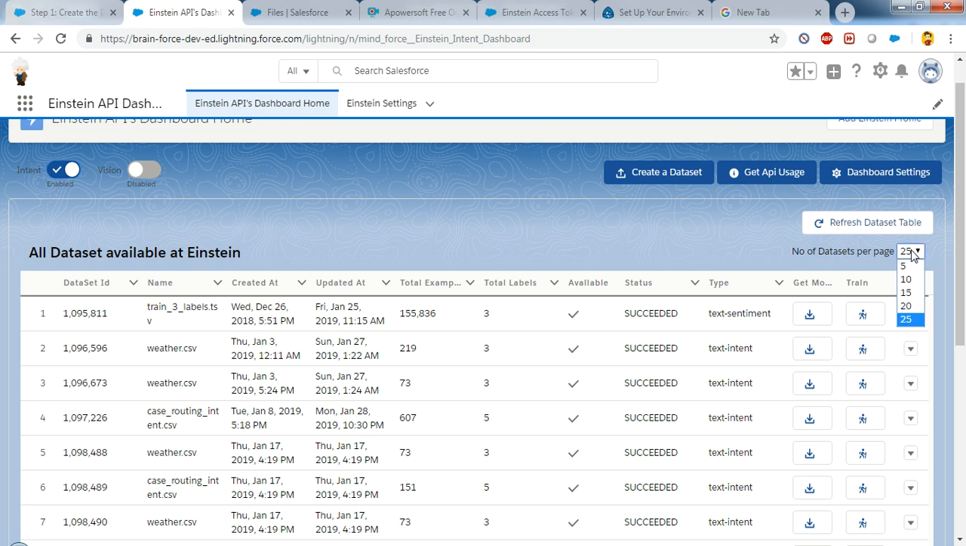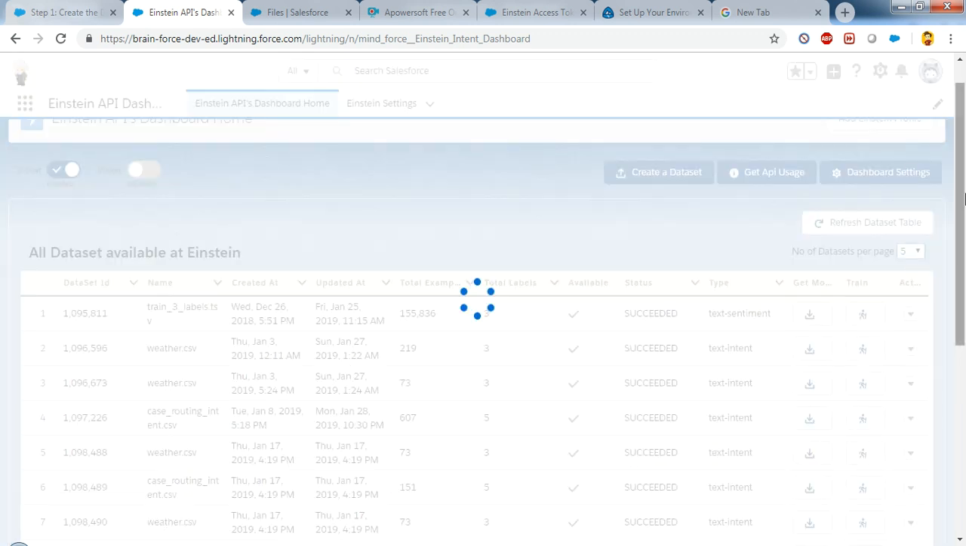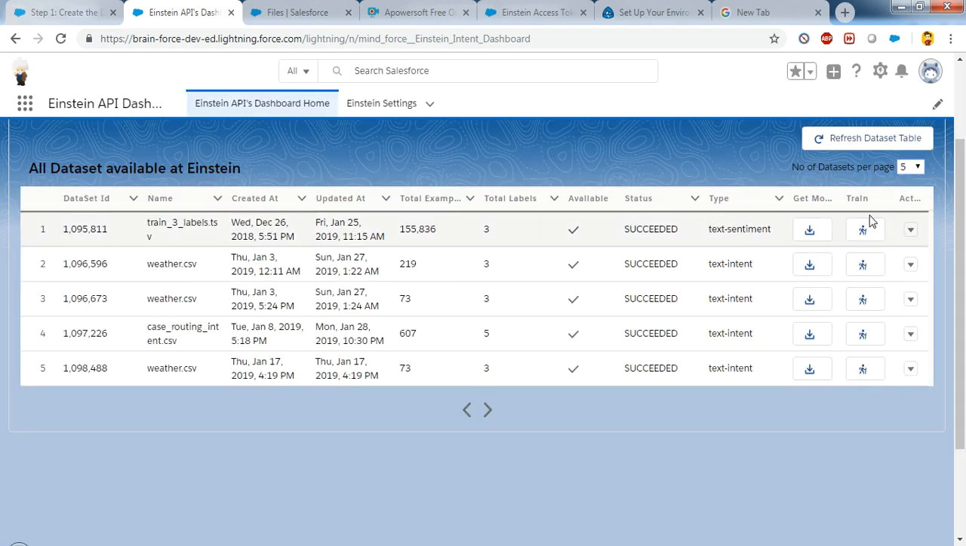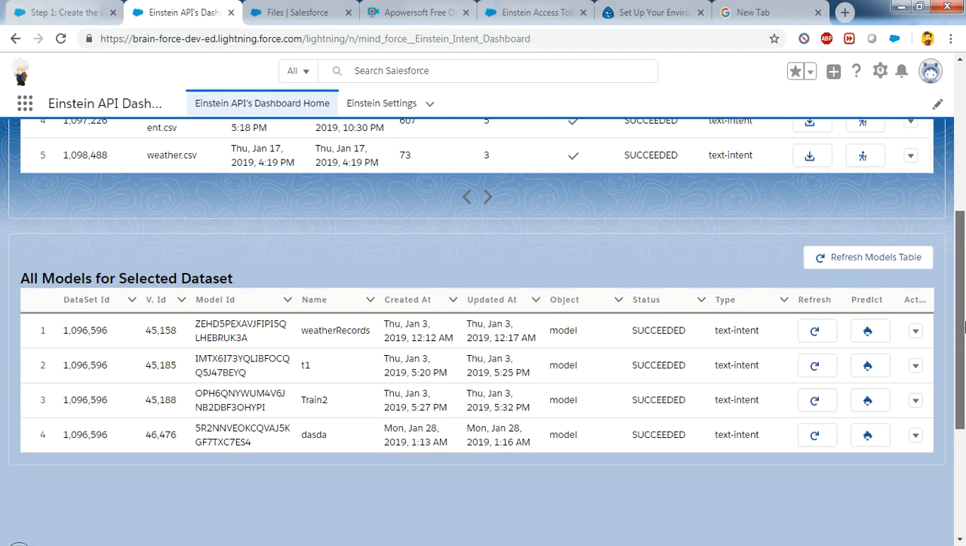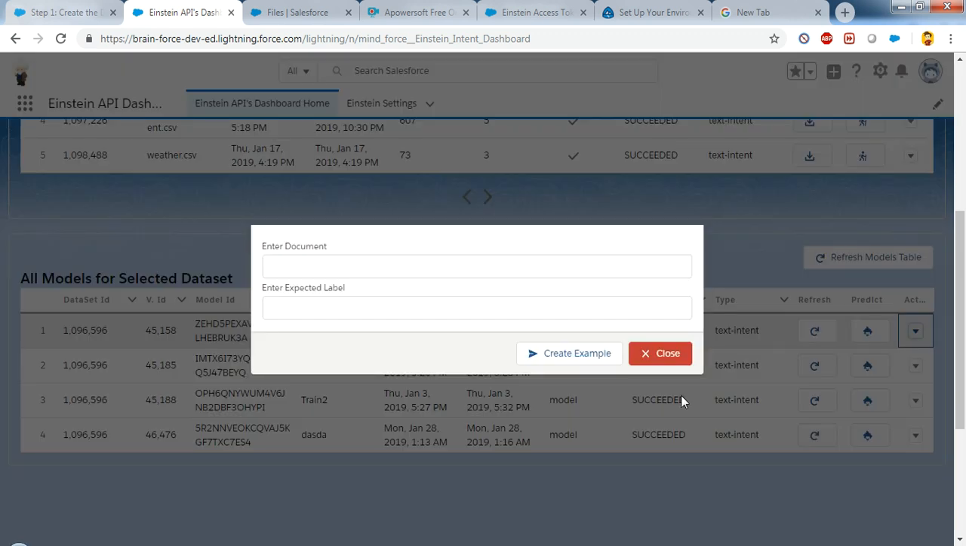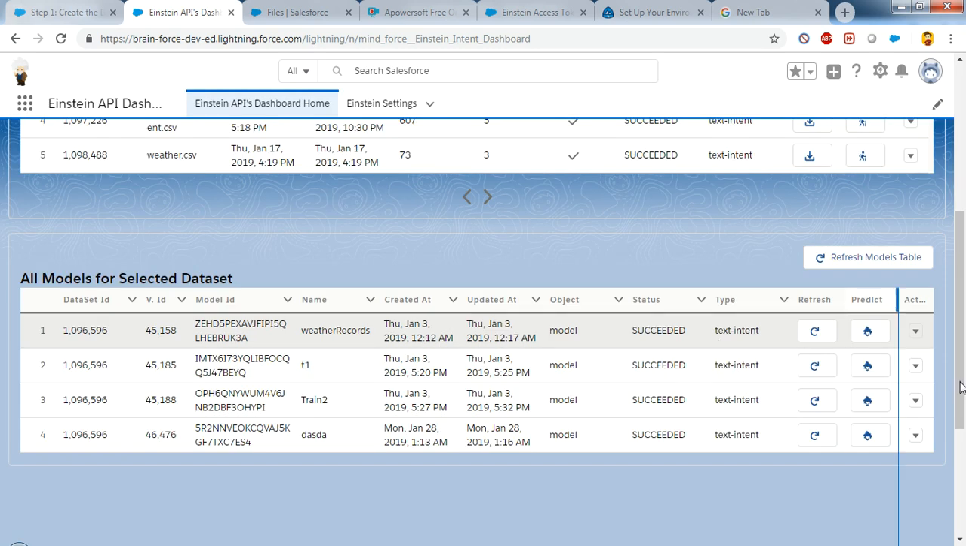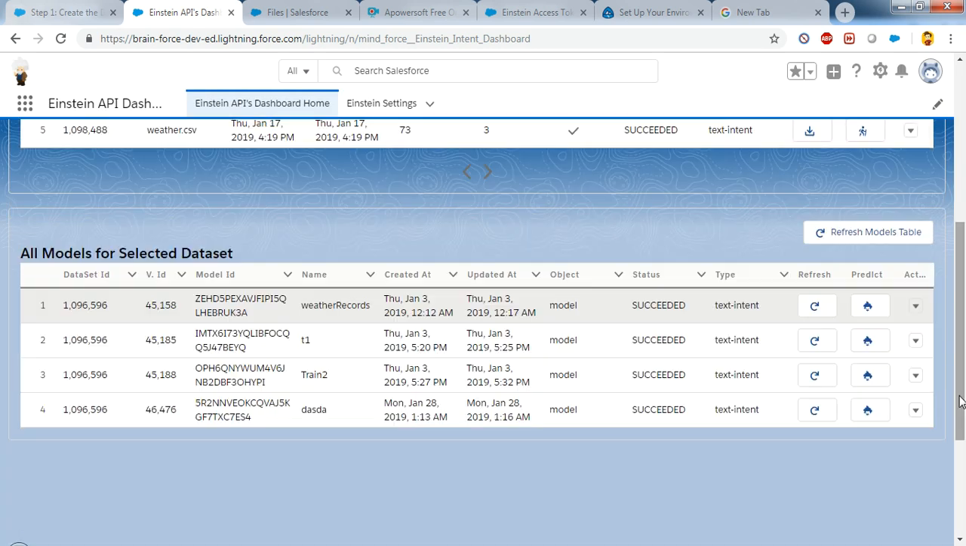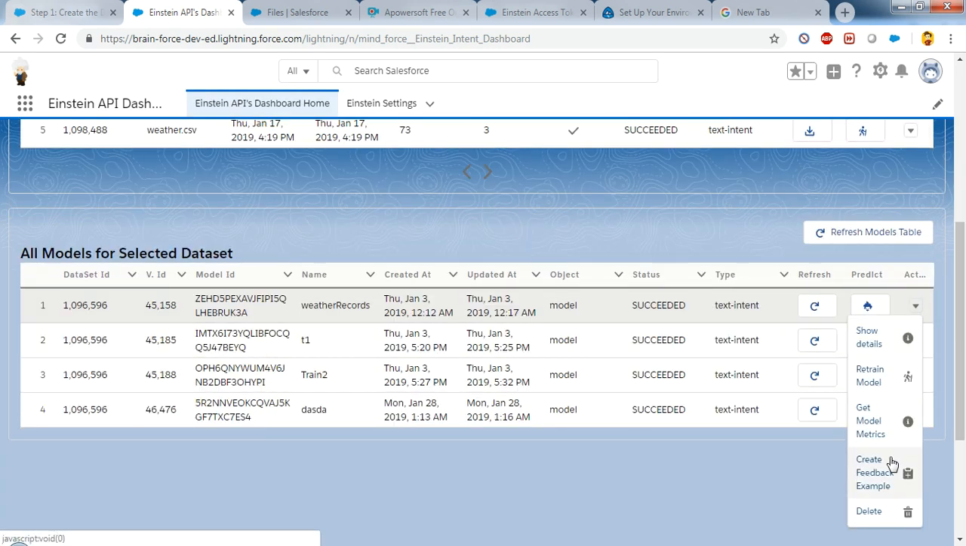And moreover, you can select the number of datasets per page. If you select 5, it will show only 5 datasets per page. So there is one more thing, create feedback example. If you click on this, you can add a single example to your model. Okay, this is for weather. Okay, so I'm gonna add